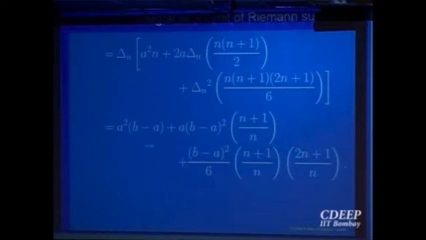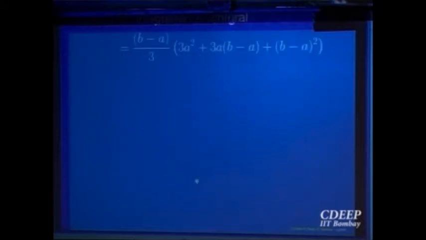So that is Δn, that is (b minus a)/n. So simplify, and you further simplify that, you want to take the limit of this. So limit as n goes to infinity, right? That gives you a² into (b minus a), and this goes to 1, and this goes to 1 again. 2, it goes to 2 actually, so 2 by 6 will give you 3. So once you simplify that, I think you should sit down and work it out yourself. This is arithmetic, so it comes out like this, and which you simplify, simply comes out b cube minus a cube